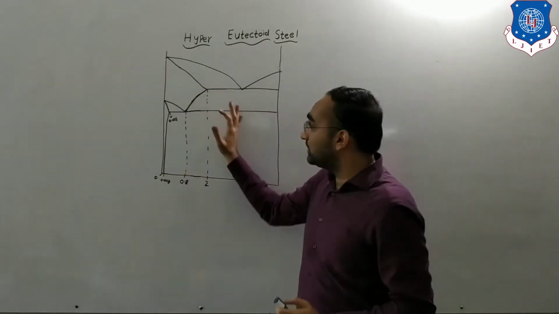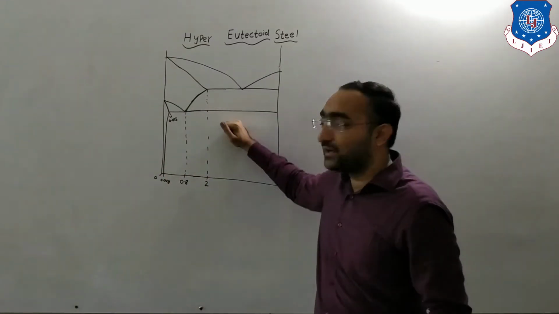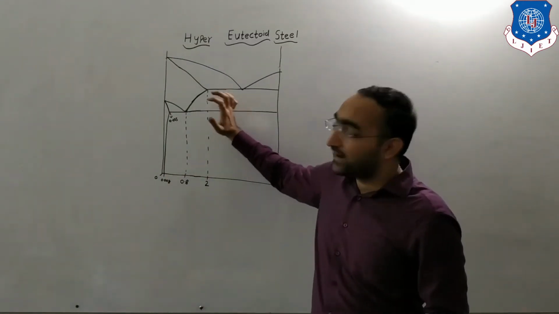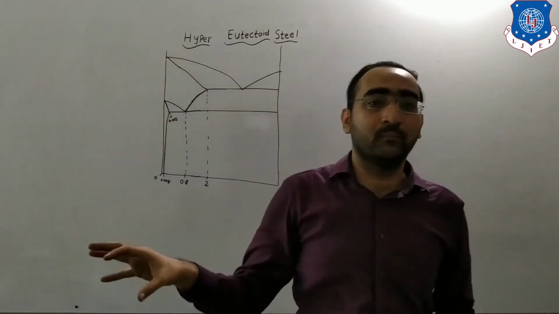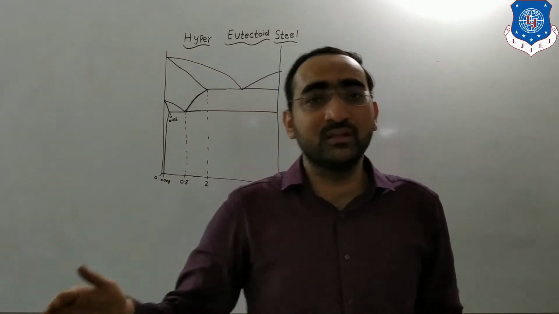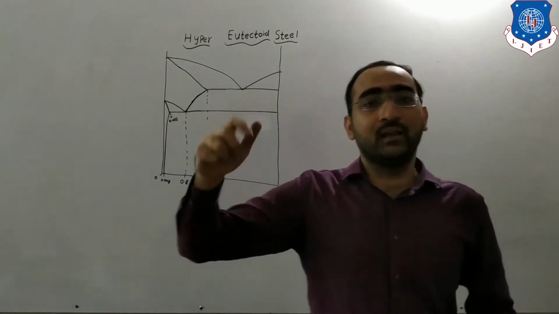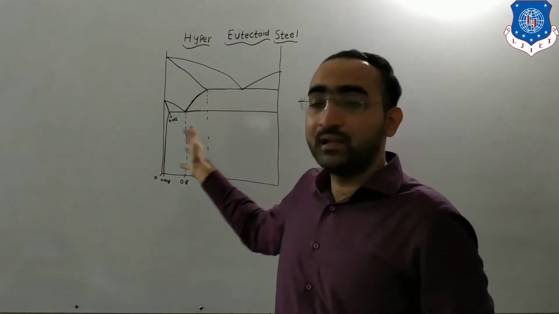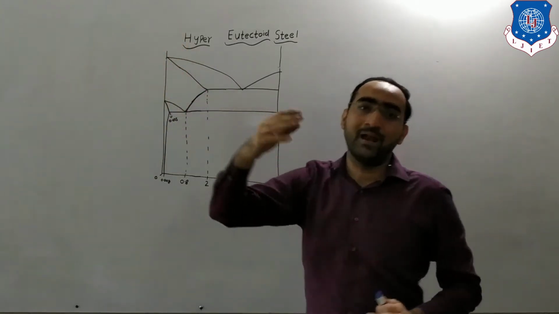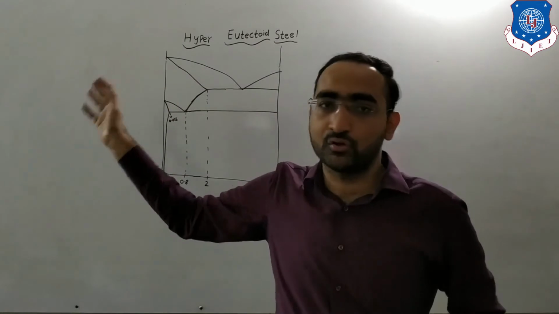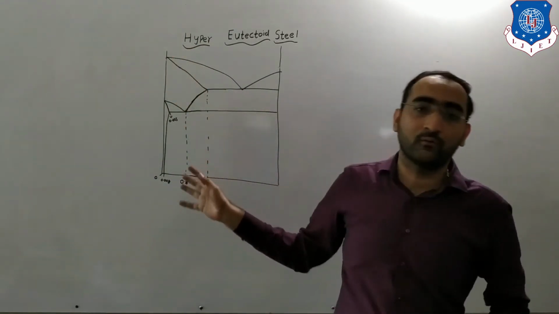As you can see, this is the iron-carbon diagram discussed in the previous lecture, the simplified iron-carbon diagram. In this simplified diagram we have omitted the upper portion to avoid clumsiness, so that you can perfectly give the information regarding the diagram. You can draw the diagram either by including that region or by omitting it.